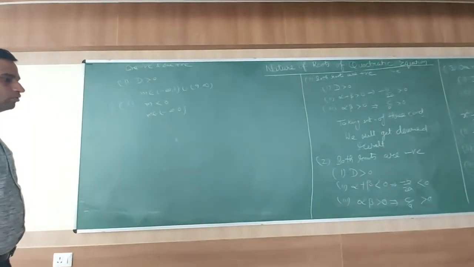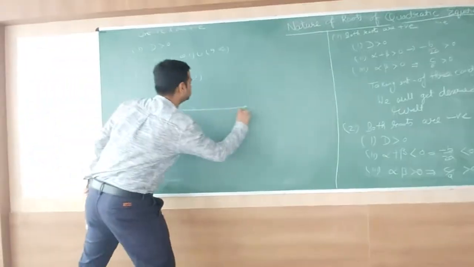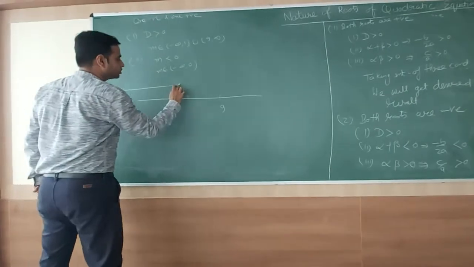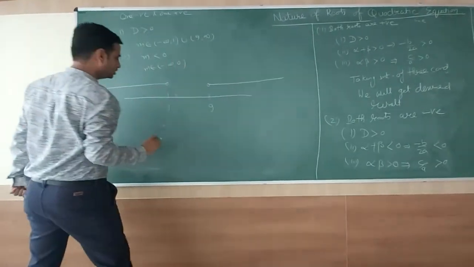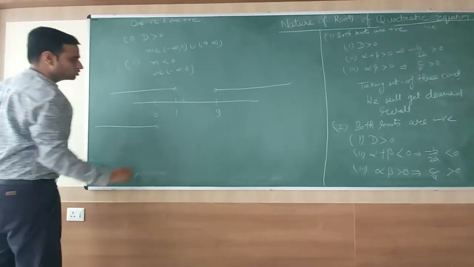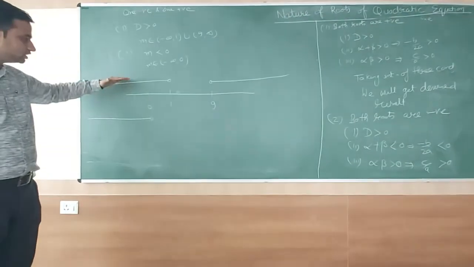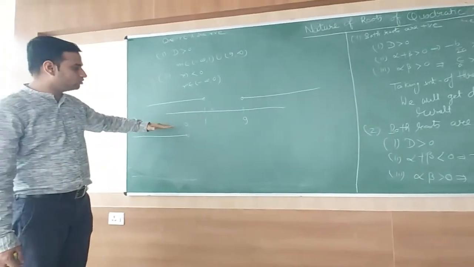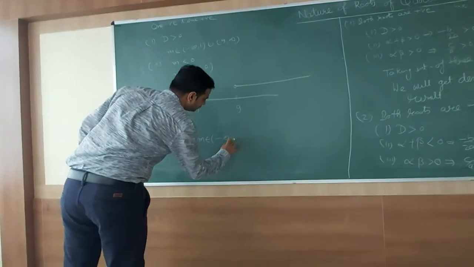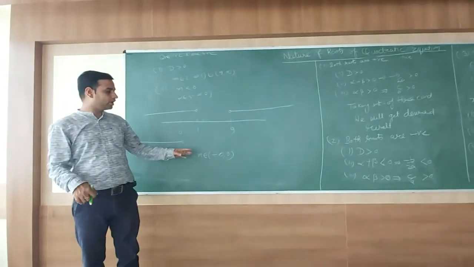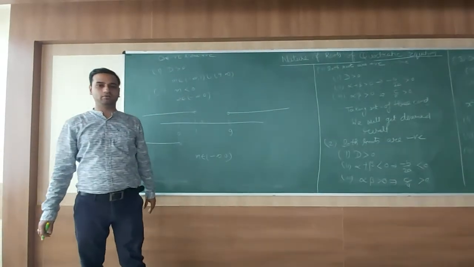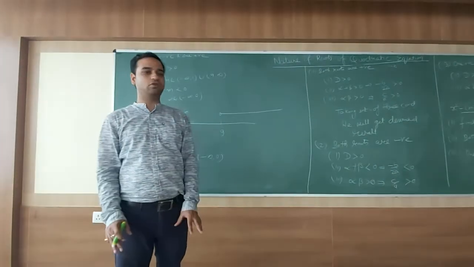Okay. Now we have to take the intersection of these two conditions again. So it is 1, it is 9, again it is minus infinity to 1, 9 to infinity, and now it is 0, minus infinity to 0. So taking the intersection of these two, we will see that there is only one common region, that is minus infinity to 0. So m belongs to minus infinity to 0. So the value of m will lie between minus infinity to 0, for which one root is positive and one root is negative.